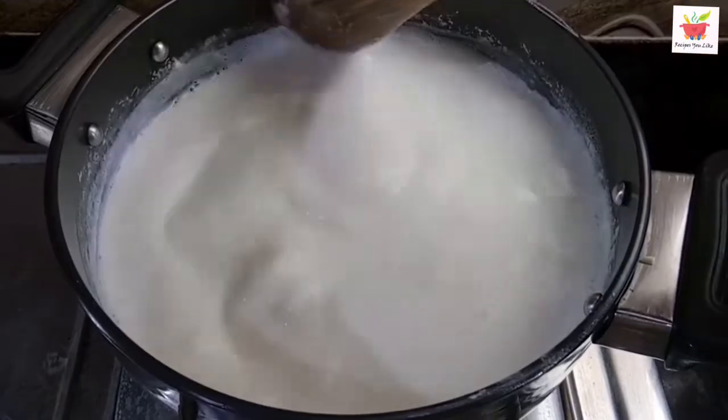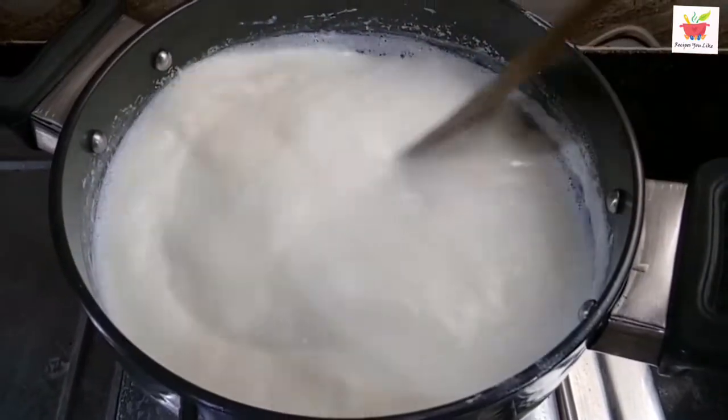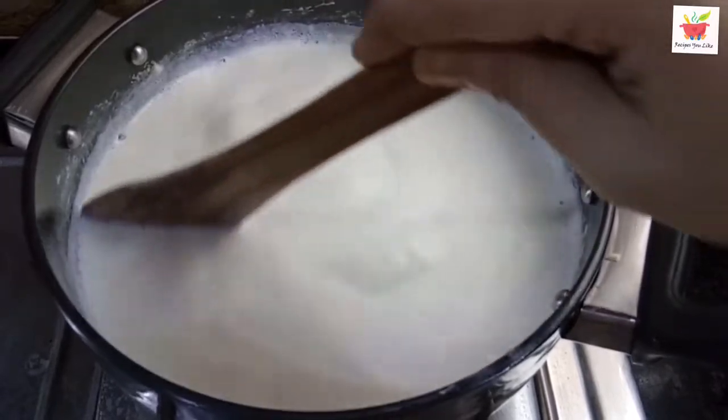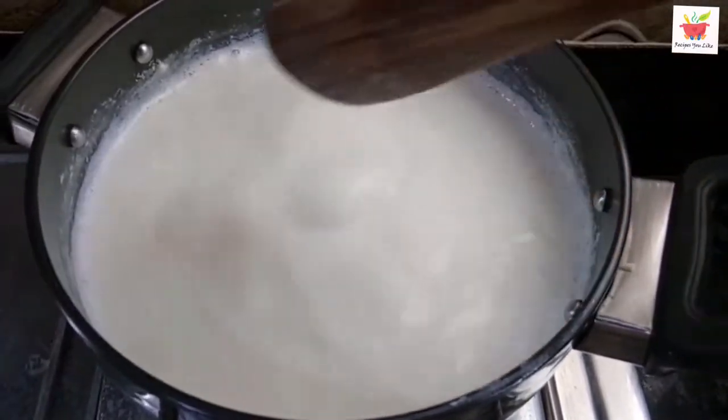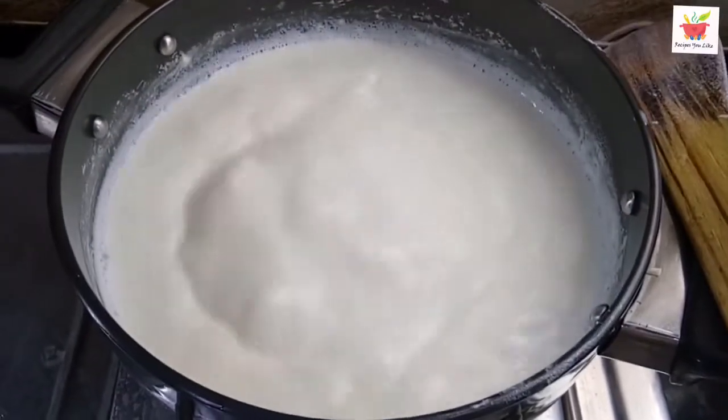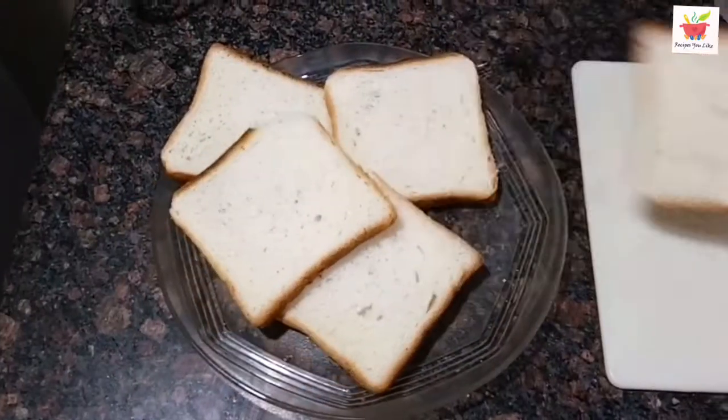Now till the milk comes to a boil, we will keep it over a high heat, but as soon as the milk starts boiling, we will keep the heat to a low and let this boil till it comes to half or 1/3. Let the milk boil over a low heat, and by the time we will cut our bread